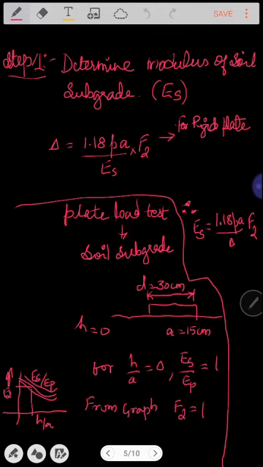So here, wherever the value of A has not been given, especially whenever this rigid plate is going to be used in the plate load test for determination of ES, the radius of this plate can be understood as 15 centimeter, because the diameter of this plate will always be 30 centimeter. So this would be the first step, where we found the expression for determination of ES.